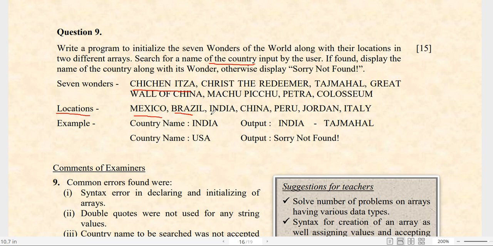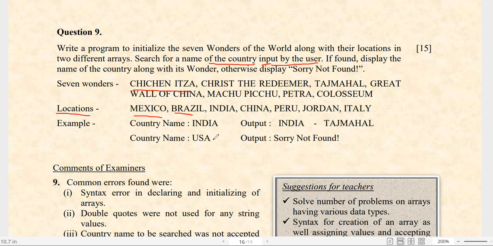The name that you want to search from the given array should be entered by the user, because it is given in the program: search the name of the country input by the user. So that value should be entered by the user.